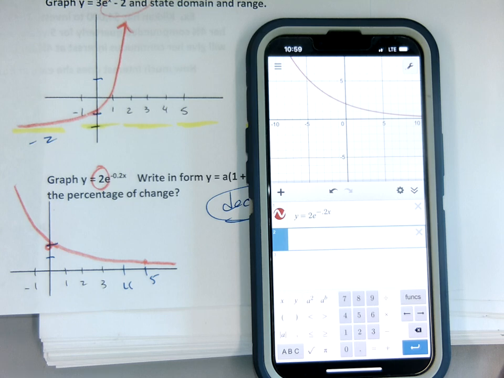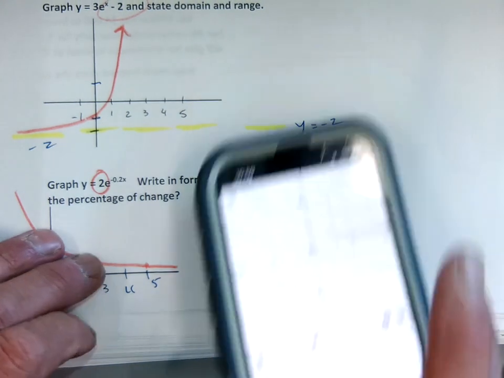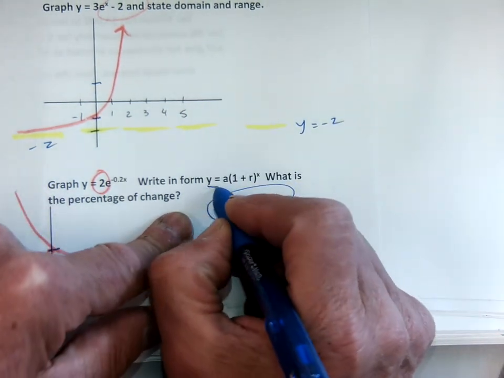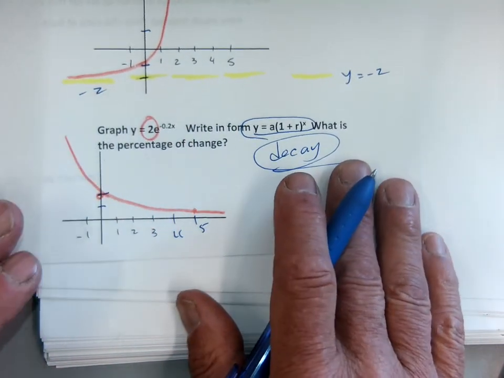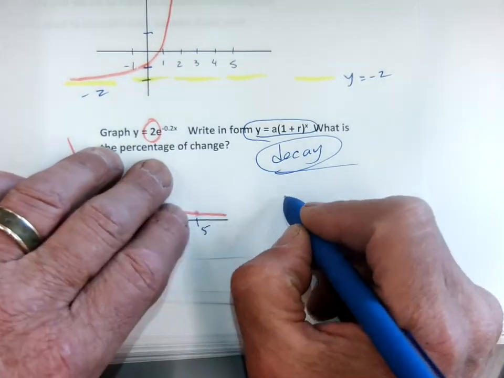Okay. How am I doing? Okay. Now, it asks one more question. It says, write in this form right here. So, to write it in this form, I'm going to find out what